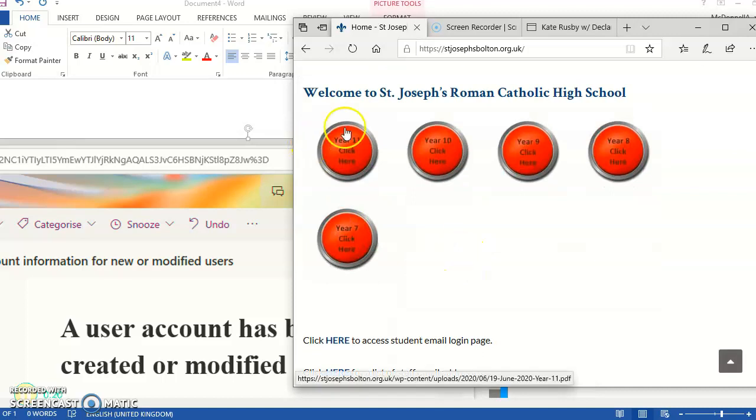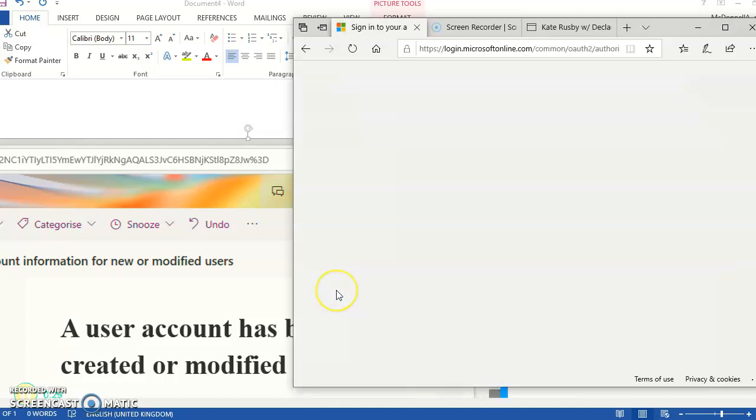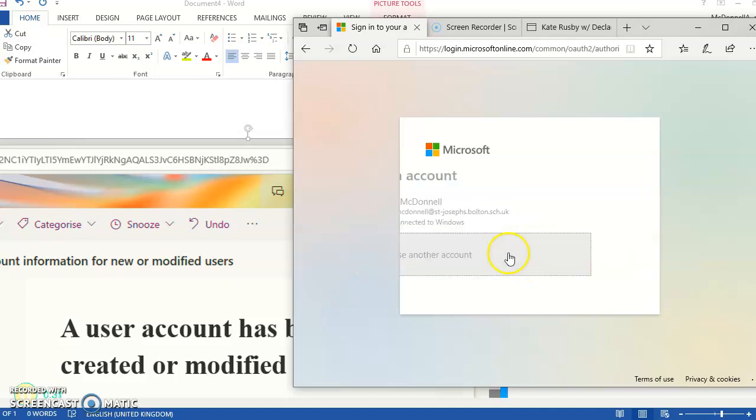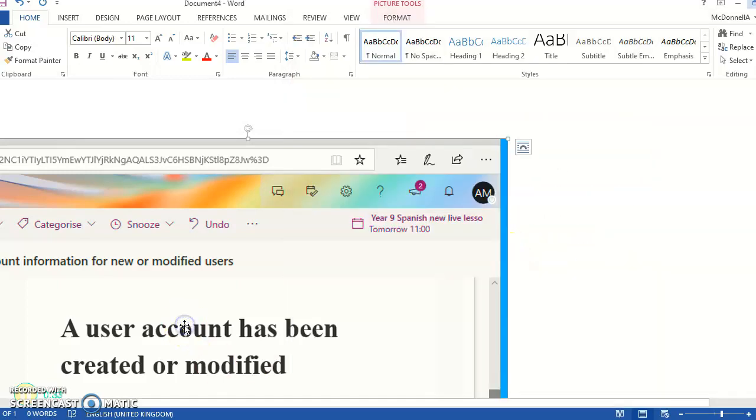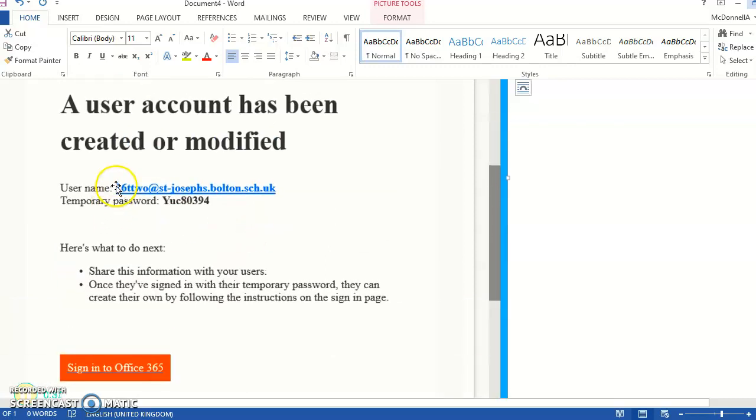And scrolling down, these are the buttons that you click for each of your year groups, and you go on to click here to your student login email page. So we're going to log in as you, and Mr. Blake sent us a new email username, so I'm going to put that in,